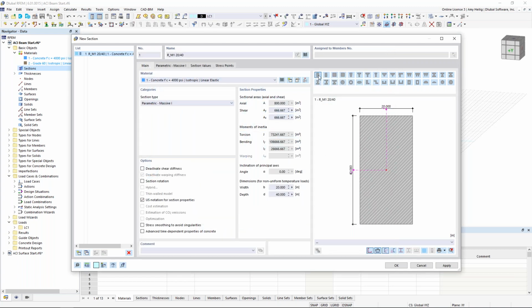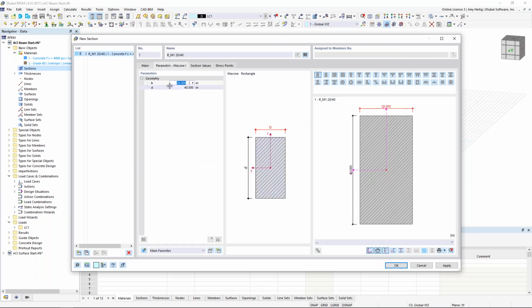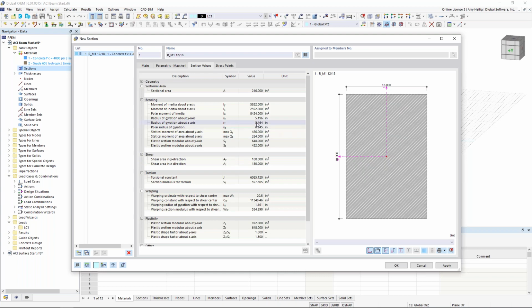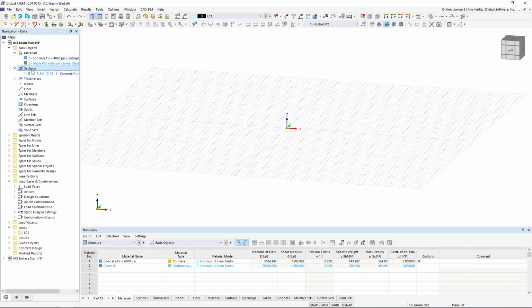But sticking with this basic rectangular section, under the second tab here is where we can go ahead and modify these dimensions at 12 by 18. The third tab will, of course, calculate all of the cross-section properties for us automatically. So we click OK, and now this section is available to us, and we want to begin by drawing our